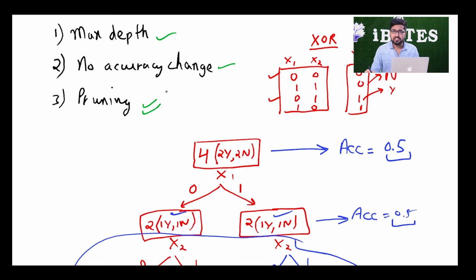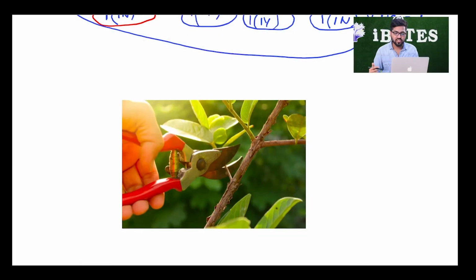So what pruning says is, first build the whole tree, and then start reducing it from below. The real meaning of pruning is basically cutting the leaves of the tree. This is what we know as pruning, as you can see in this image. What this method says is, as we have already discussed, that as a tree grows bigger in size, we are more prone to overfitting.